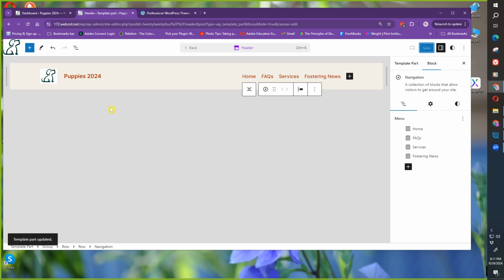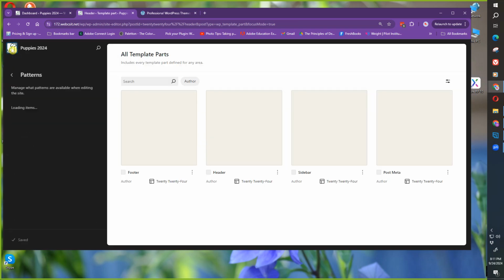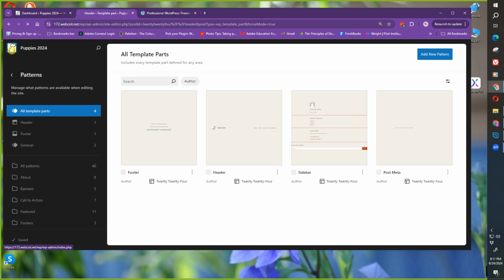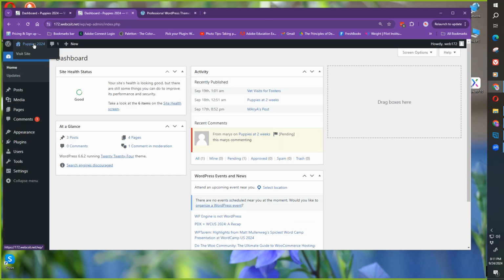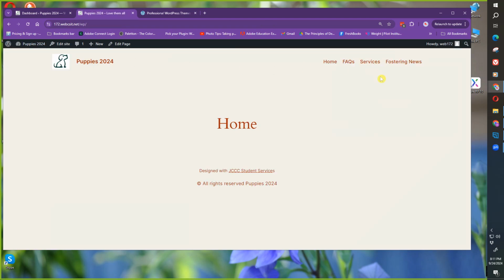Let's knock on wood and see if I really did. So I'm just hitting, okay, so that's what I had to do. The other two are in a draft status, so that's probably, and I probably have to update the template part